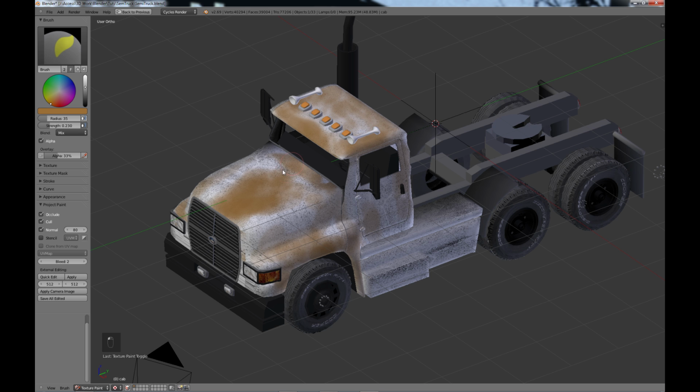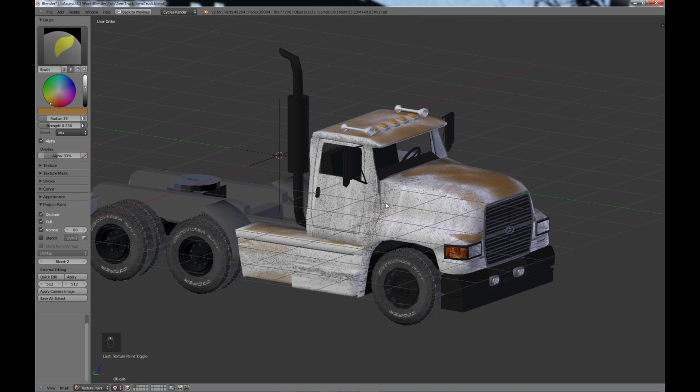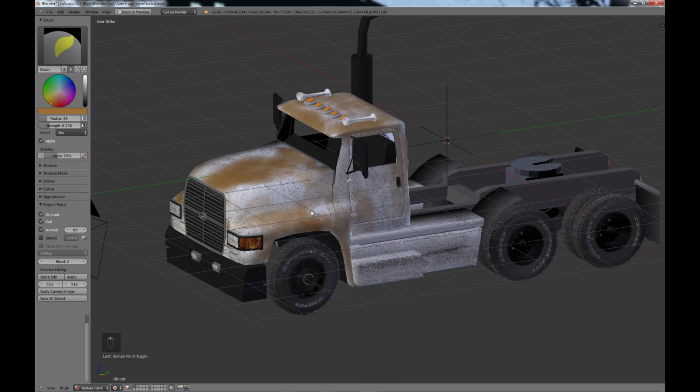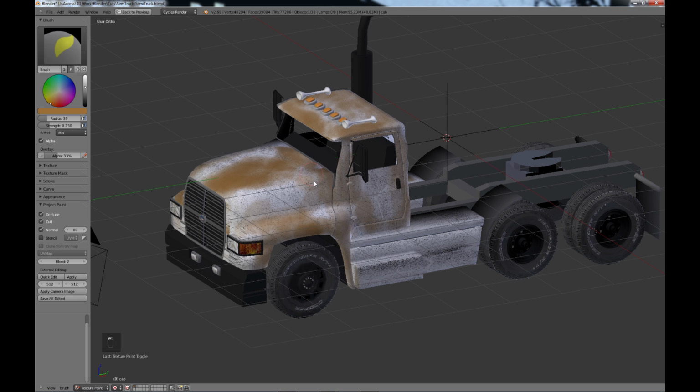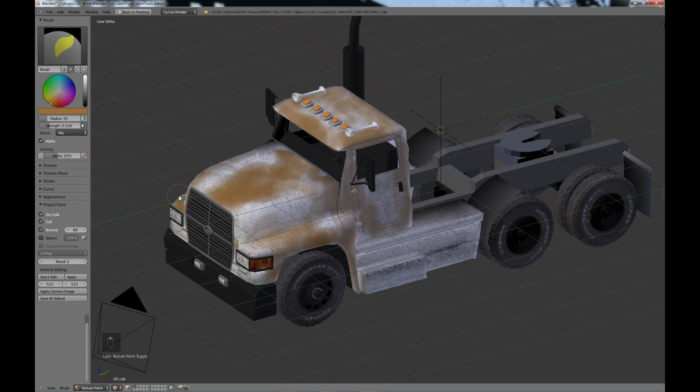I think this to me is a lot of fun because it's not something I get to do very often in Blender. I'm not going to do the other side very much, just for the sake of saving time, but at least you can see what we're doing here. And once you got your rust the way you want it there, then what I would do is come down to the radius and just bump it down as far as the size. Bring up the strength to maybe 0.393,